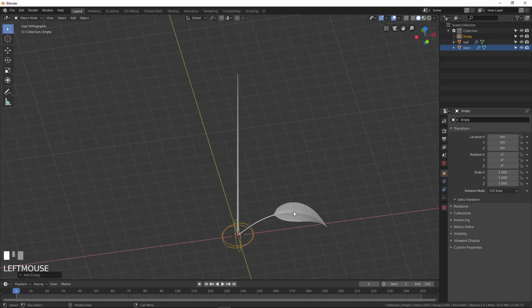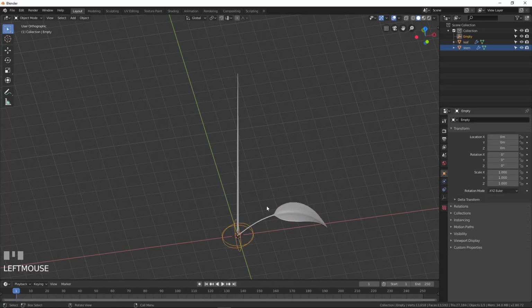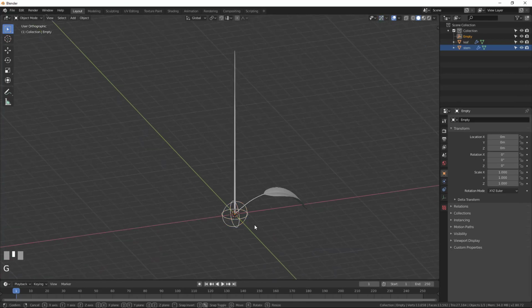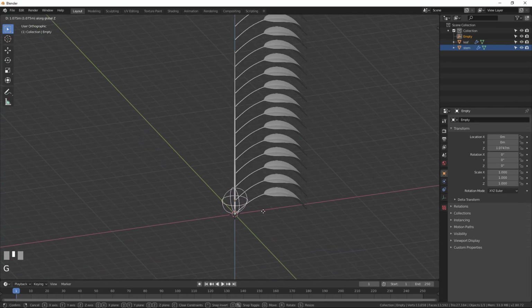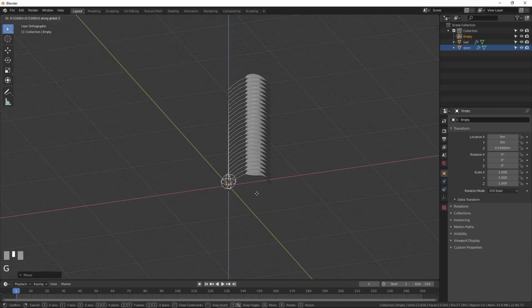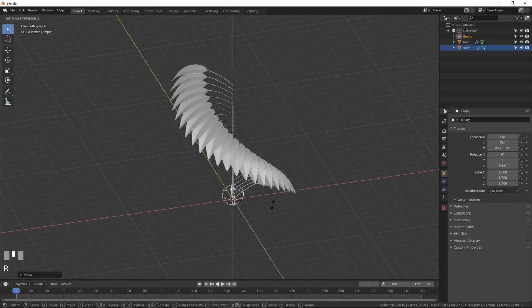and it will be this empty that will manage the duplication of my leaf. So to do that, I come back to my leaf, I select my leaf, and then I select here with the target, okay, it will be my empty. And I will put something like, I don't know, let's say 25 leaves. And now everything will be managed with the empty. So if I go up with GZ, you can see the duplications go up with it, okay? If I make a rotation into the Z-axis only with RZ, I can make